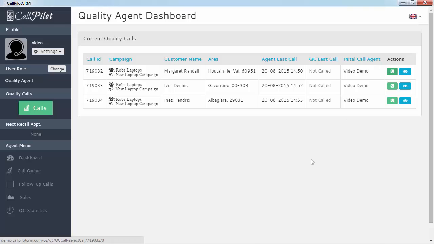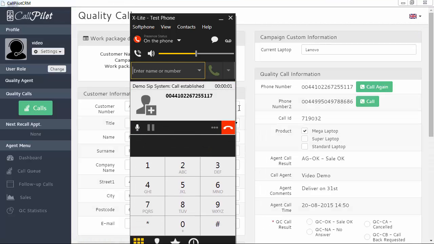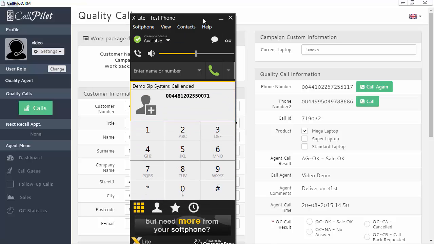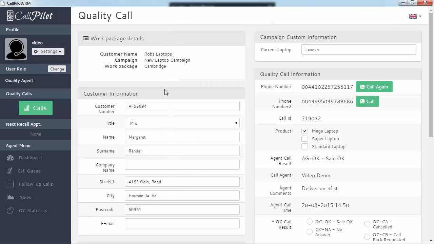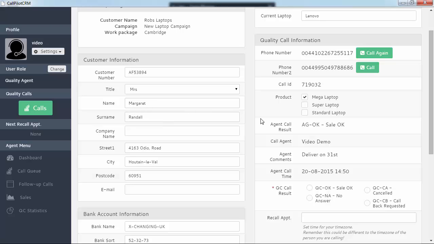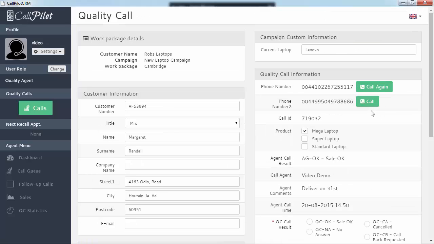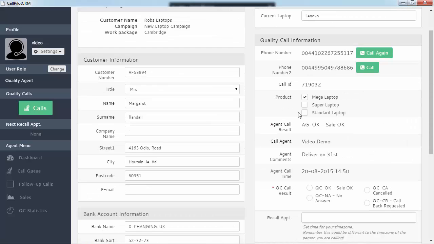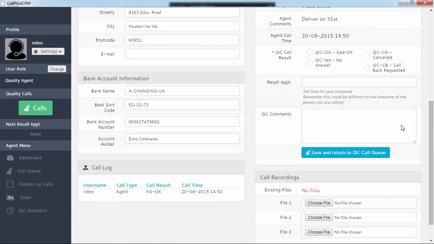So let's call the top one. So now we would talk to this customer, and we can see here which work package we're dealing with. So we've got Rob's laptops, and it's the new laptop campaign, and we're talking to Margaret Randall, and Margaret's asked for the mega laptop, and we have a chat with her, and she says, yes, I'd like it, but actually I've changed my mind, I want to have the super laptop instead. So we changed that, and we had some sale okay,